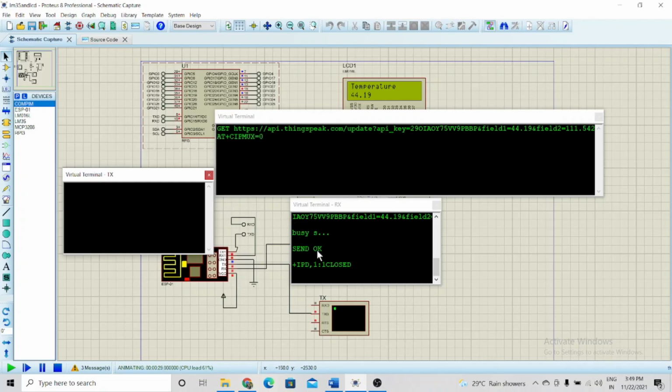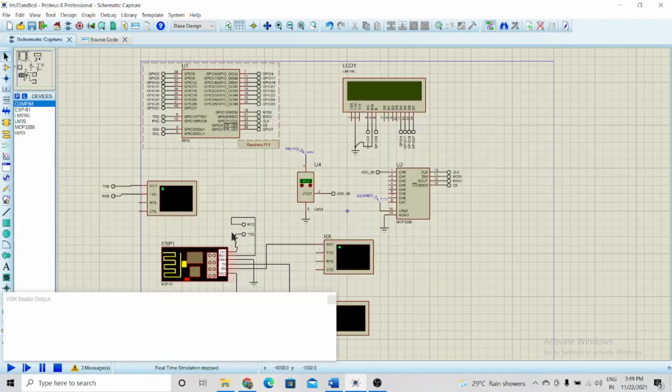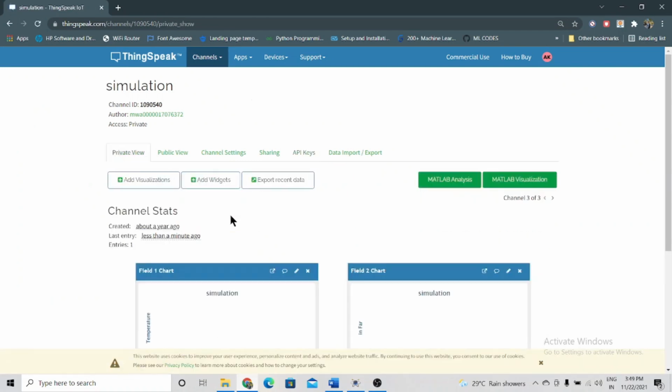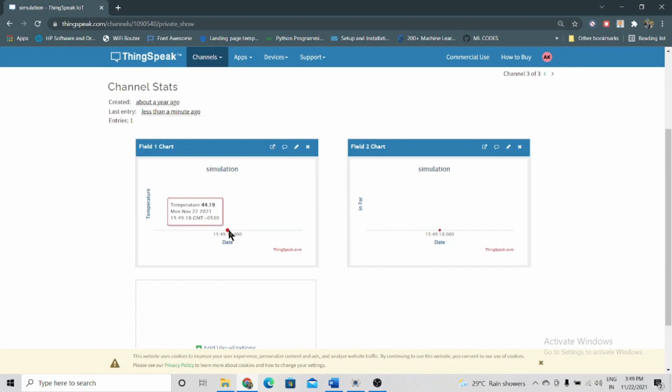It says send OK. So for now we'll stop the simulation, and we can see the temperature was 44. We'll go back to ThingSpeak, go to private view, and that's it. We got the value over here. You can see we have 44.19 in Celsius and 111.542 in Fahrenheit.